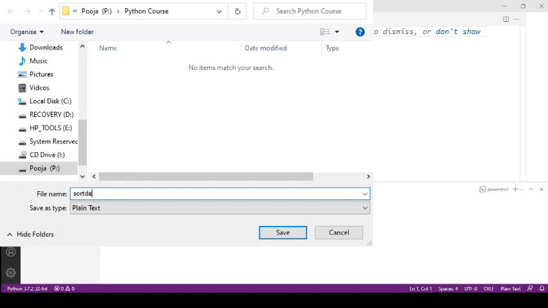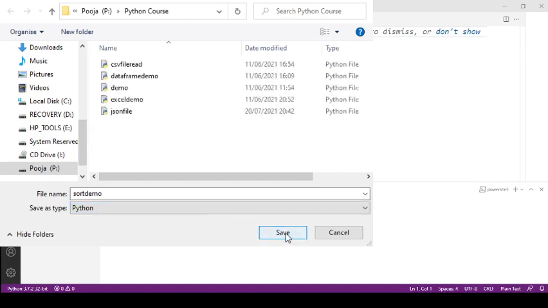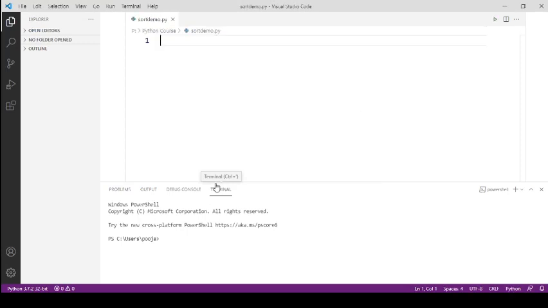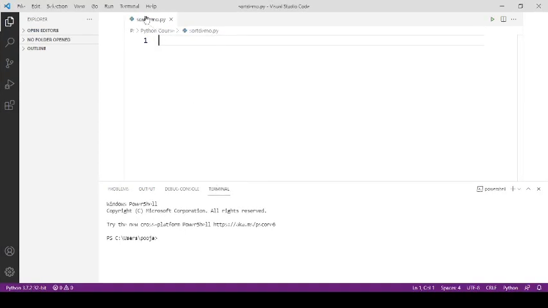You can give any name to it, and from here you can select the type of file. I am going to save my file, and the type of file is Python, and click on Save. Now you can see the file has been saved with this name, short demo, and this .py is the extension for